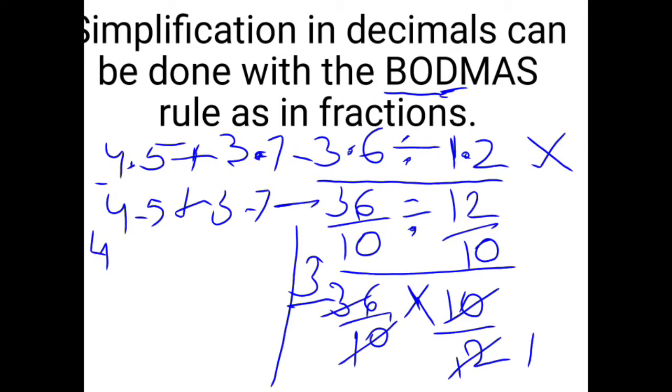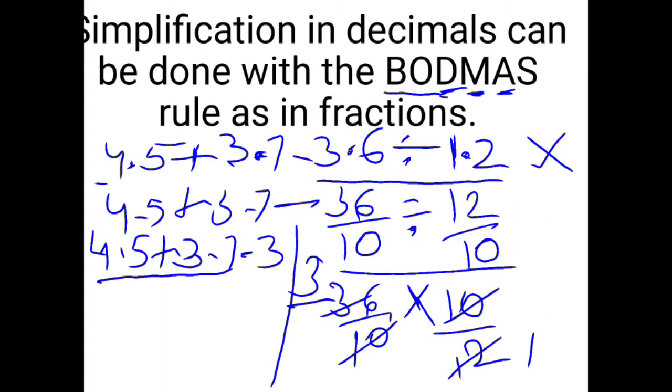The remaining terms, I am writing here: 4.5 plus 3.7 and minus 3. These are our last terms that we got. After division we apply multiplication. There is no multiplication, then addition. Yes, addition is there, and this is simple addition. I write this term here so that you can better understand. It becomes 12, 1 carry, then we apply the decimal and write 8. So we got 8.2, then another term is minus 3.